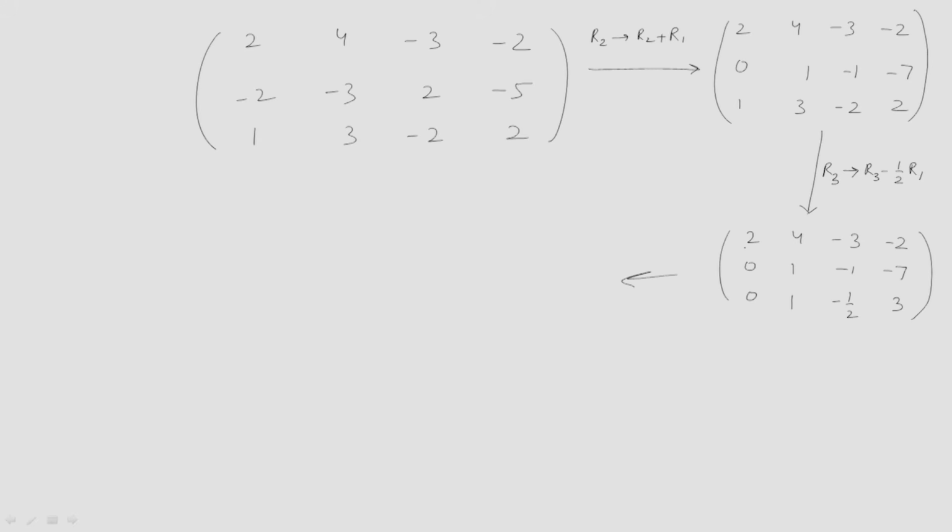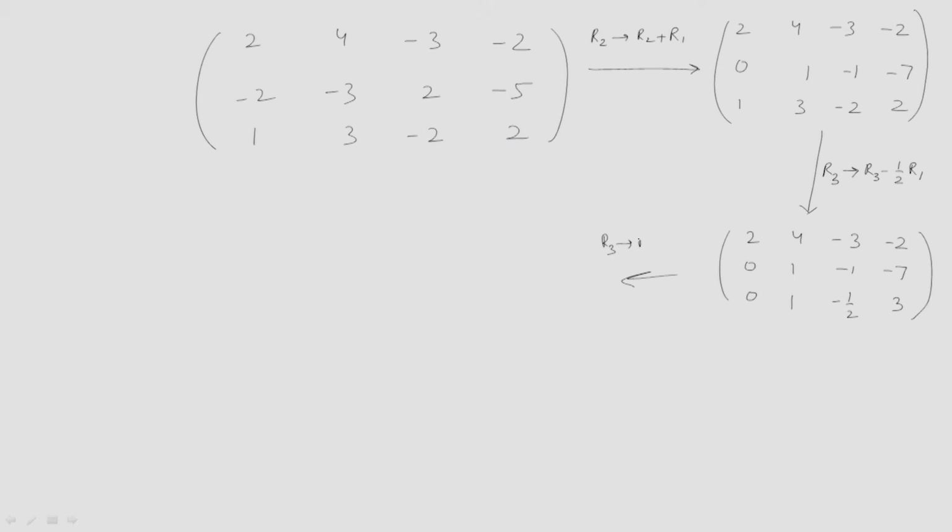Okay. You pick out the first leading element, make 0 in that column, leaving this element make 0 to all the elements below this, and the second leading element, I mean second non-zero element in that row, make 0 below. Okay. So, here you make 0, you simply replace R3 by R3 minus R2. So, this will be simply 2, 4, minus 3, minus 2, this is 0, 1, minus 1, minus 7, this is 0, 0, this is 1 by 2, and this is 10.